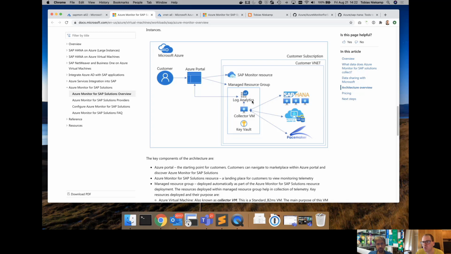That's the workspace that we configured when we set up the SAP Monitor. Important to note that all credentials that you provide reside in a Key Vault that is also part of that managed resource group, and everything is in your subscription. So no credentials leave your own subscription boundary. Nothing gets to Microsoft in this case.